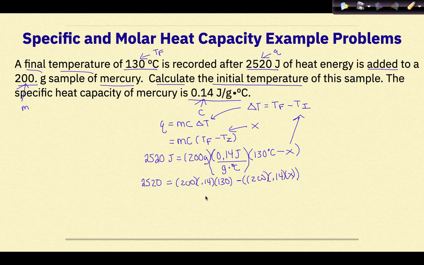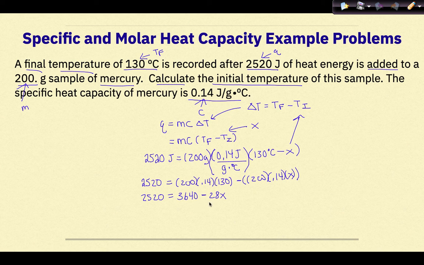Now when I multiply these things together, 200 times 0.14 times 130 gives me 3,640 minus, now multiply 200 times 0.14. And when I do that, I get 28x. And of course, this all is equal to